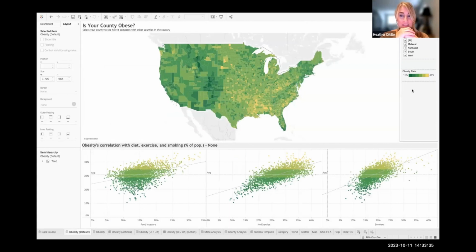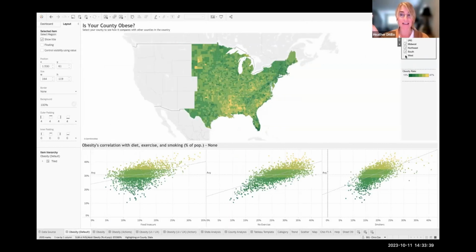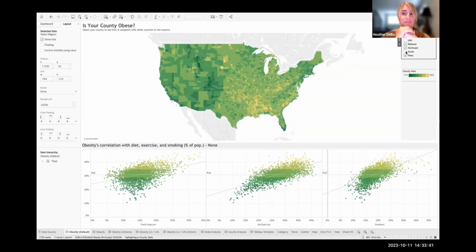When you're there, you'll notice in the top right corner, we have our regions. It's easy to navigate, and you can choose more than one region if you want to. But I want you to take a look at this and tell me why this filtering action is not as helpful as you would hope. Go ahead and take a guess. We talked about performance, and it's not impacting performance so much, so that's okay.